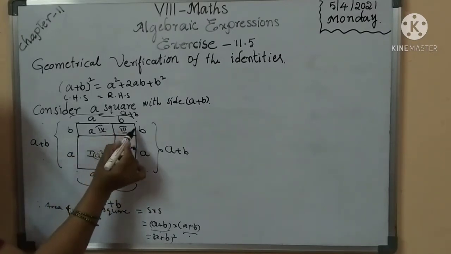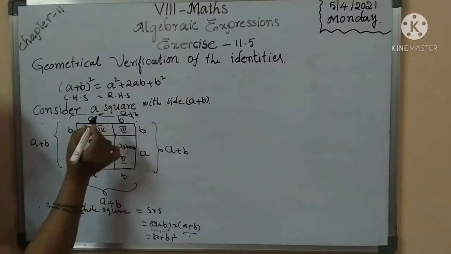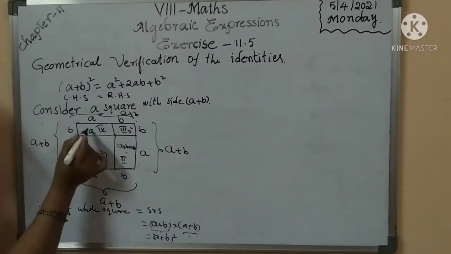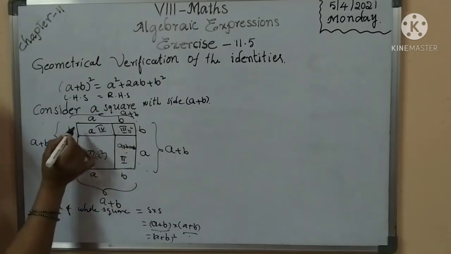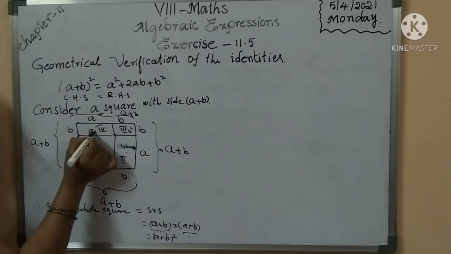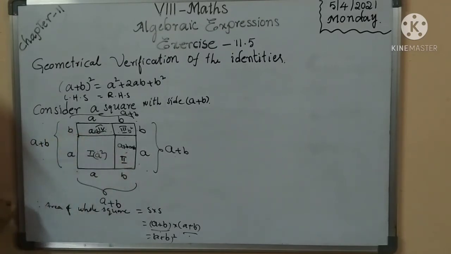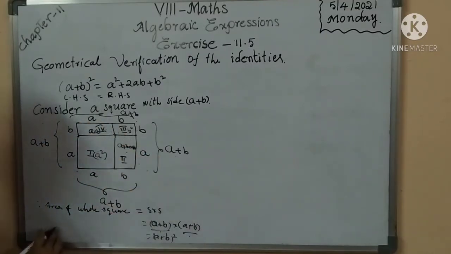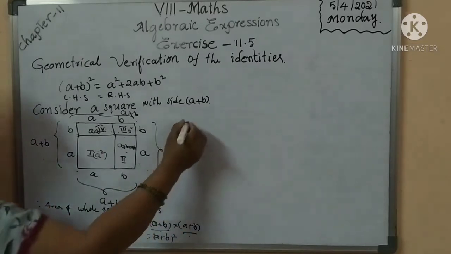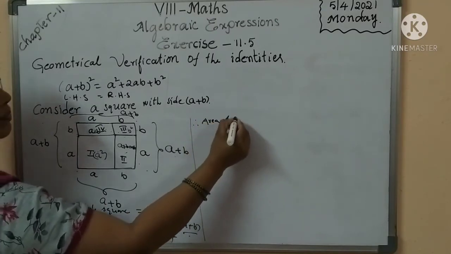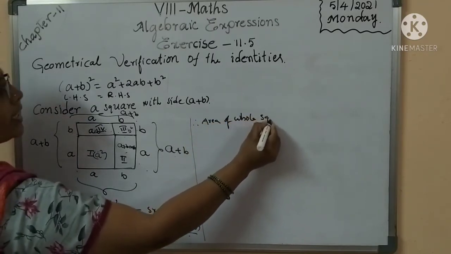Here observe that it is a square. All sides have the same measurement. So what is the area of b square? B into b. The area of the third region, a square, is b square. Okay, the fourth region is also a rectangle shape. We have to write the area of the rectangle, L into B, a into b, which is ab. Okay, now all the figures are added. Therefore, the area of the whole square is equal to